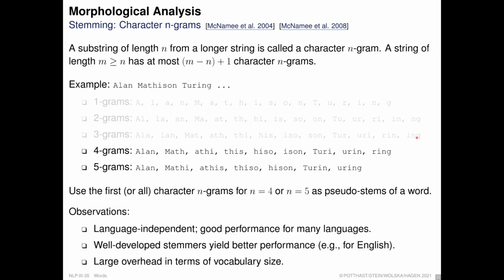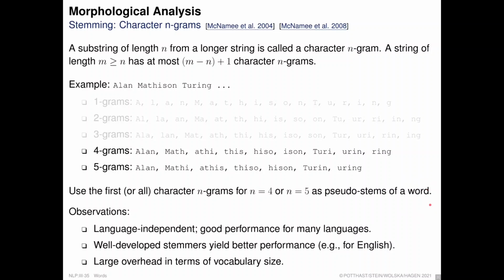And basically, this stemmer says, okay, everything I've identified as the first n, in this case 4 or 5, forms of a word will be the stem. Sometimes it's referred to as pseudostem. Of course, it's not a stem in any linguistic sense. But like I said, unfortunately or fortunately, in many applications with large data, this works perfectly well and is also